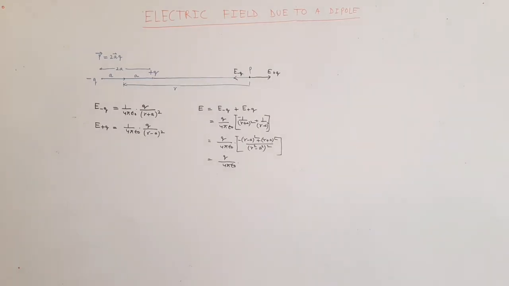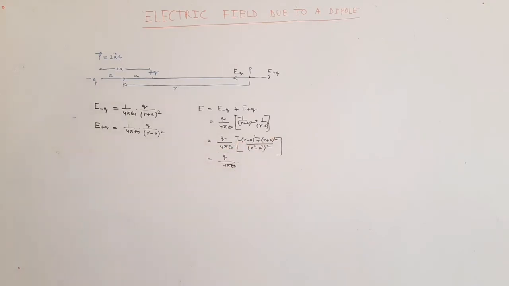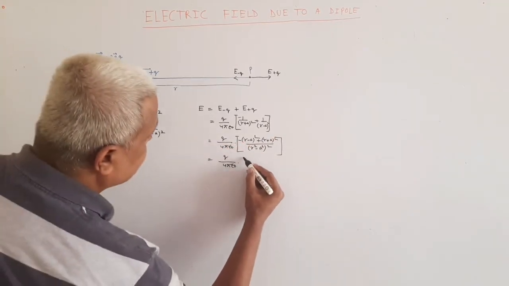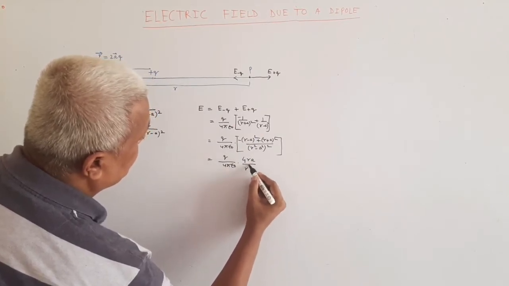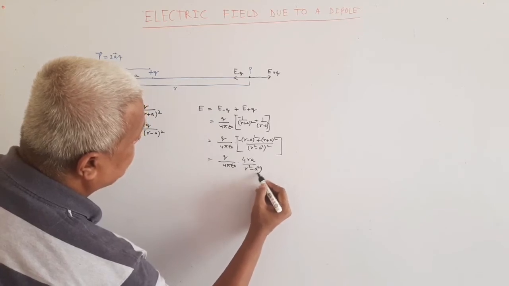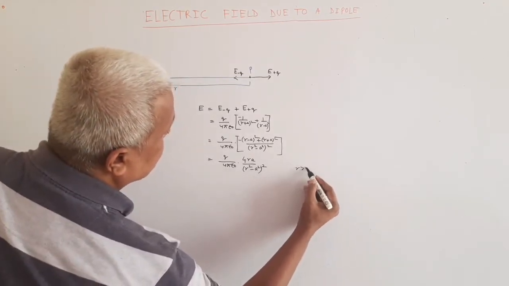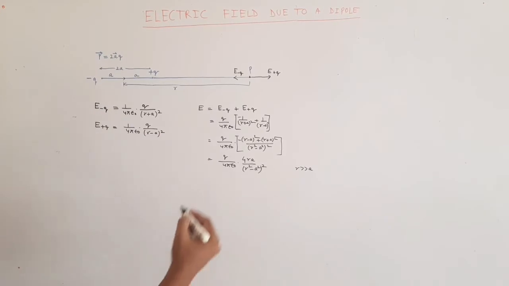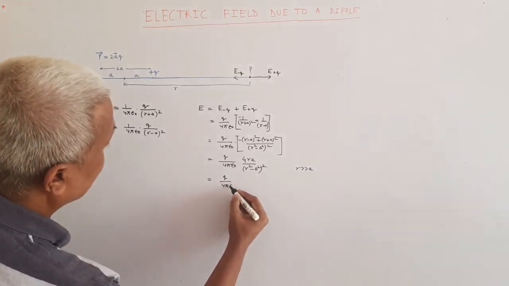Okay, so now you see we are getting (A plus B) whole square minus (A minus B) whole square, and this will give you 4AB, that is 4RA upon (R square minus A square) whole square. So if you just assume that R is much bigger than the distance of separation, like if you say that R is much bigger than A, then this quantity will become Q over 4 pi epsilon naught